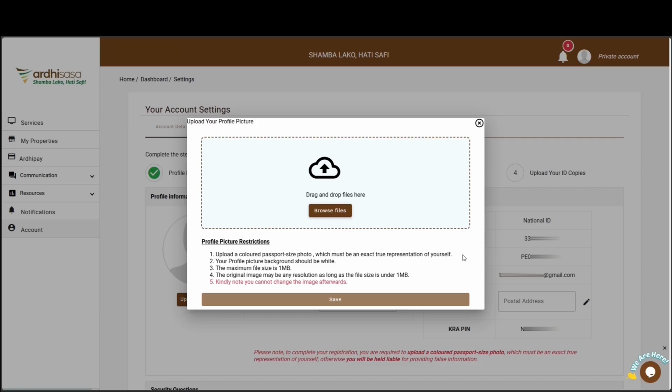To change your account photo, you need to reach out to the customer care desk through the chatbot on our platform, and your request will be forwarded to the State Department pending approval. That said, you can go ahead and upload your photo. In our case, we'll upload it from the local computer storage,